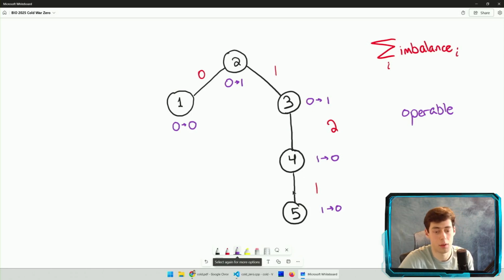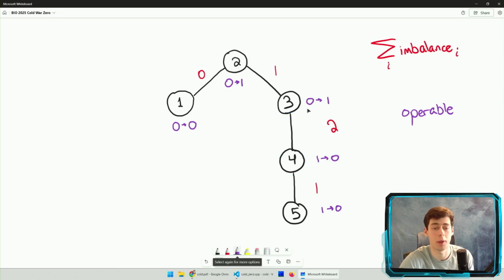This edge isn't operable because it has a 1 on each side of it currently. So an operable edge has to have a 1 on one side and 0 on the other side, because otherwise swapping it immediately makes no difference. So the only such edge actually is this edge. This is the only edge with a 0 on one side and a 1 on the other side, but it